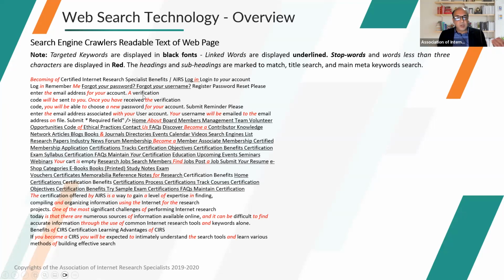But now, if you look at some of the words that are not underlined, you could see that they have a relevance for the search as combinations only because they are together. For instance, email address can be considered as having a meaning on its own. The word account would have a meaning on its own. Verification, for instance, password as a single word. These would have a relevance, not necessarily in combination with other words.